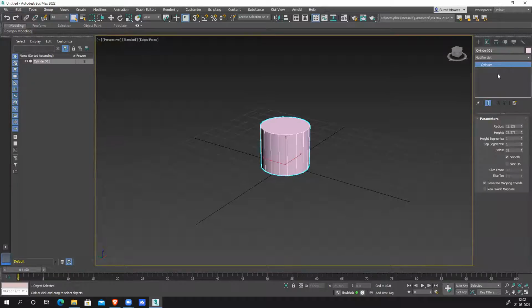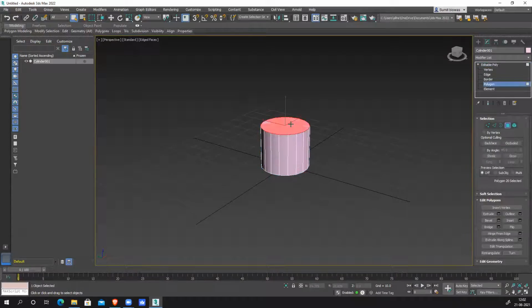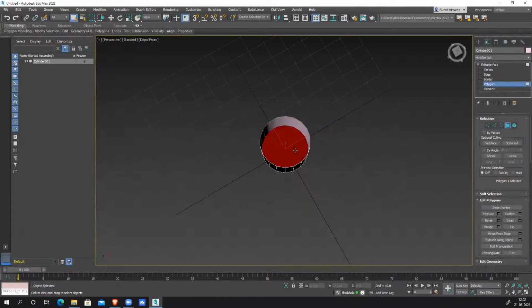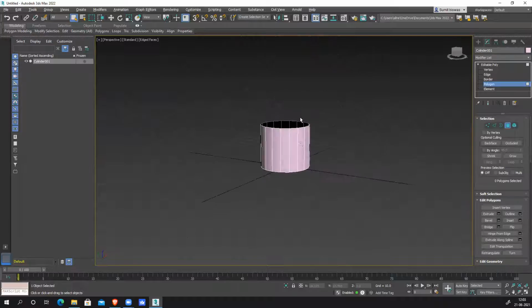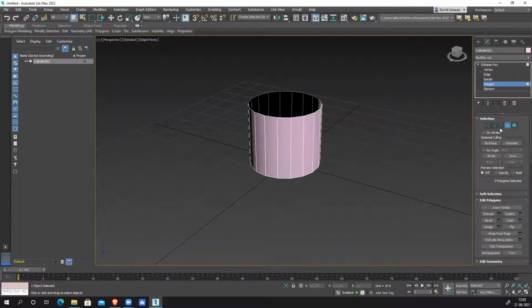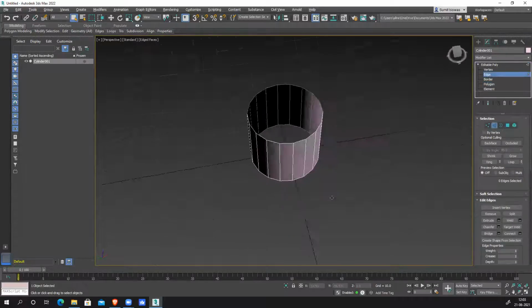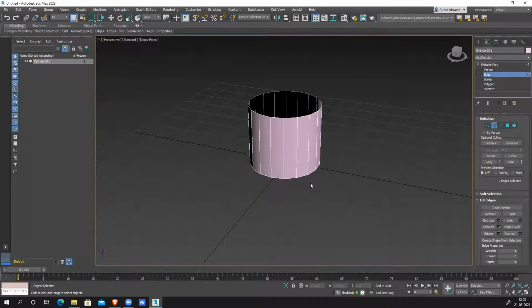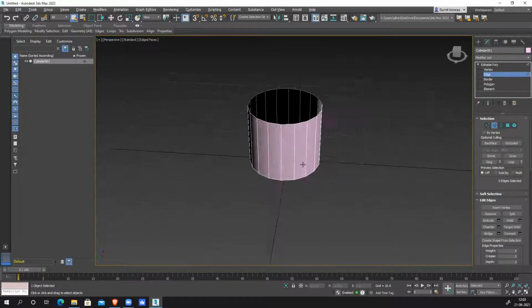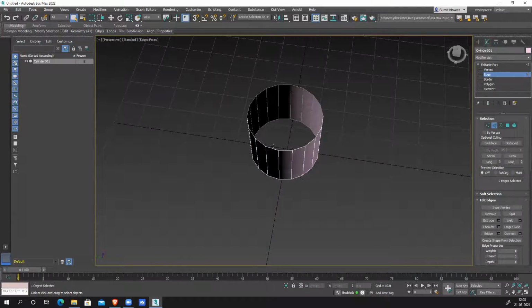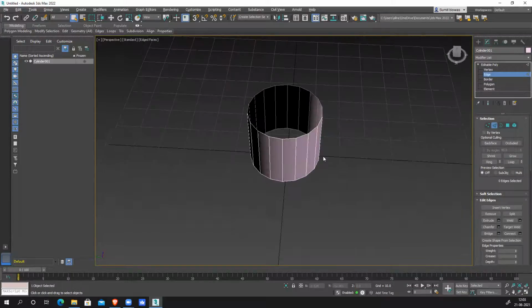Sides not required. Polygons. Delete. Delete. Suppose this is the thickness. So what I have to do here is calculate the number of sides. I can see 1, 2, 3, 4, 5, 6, 7, 8, 9, 10. That means I need at least double, so 10 means at least 20 sides for these edges.